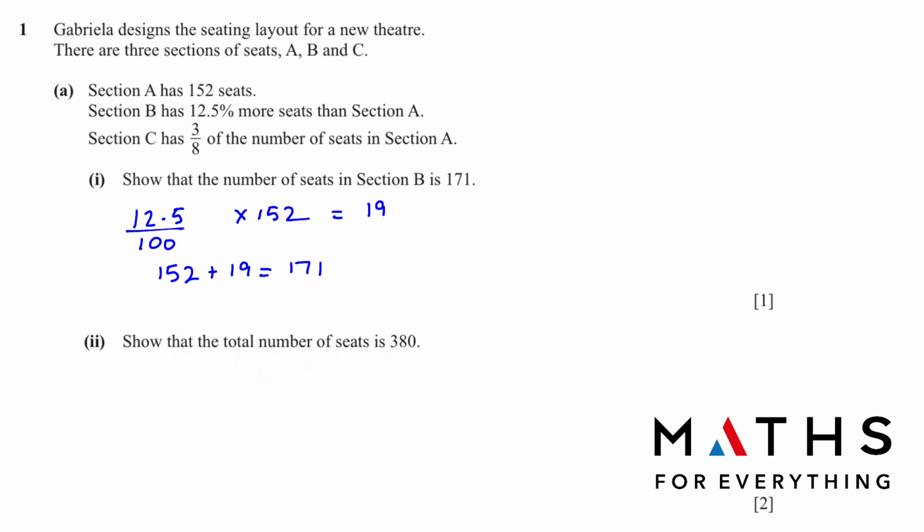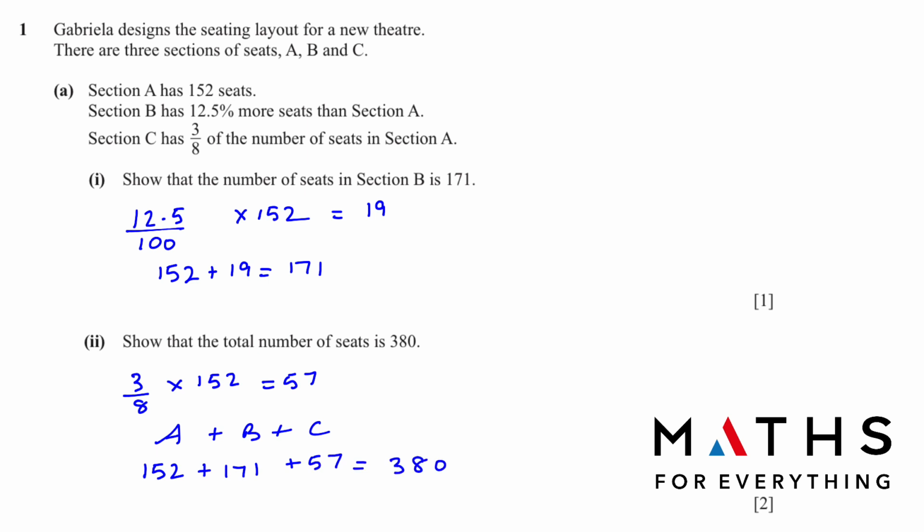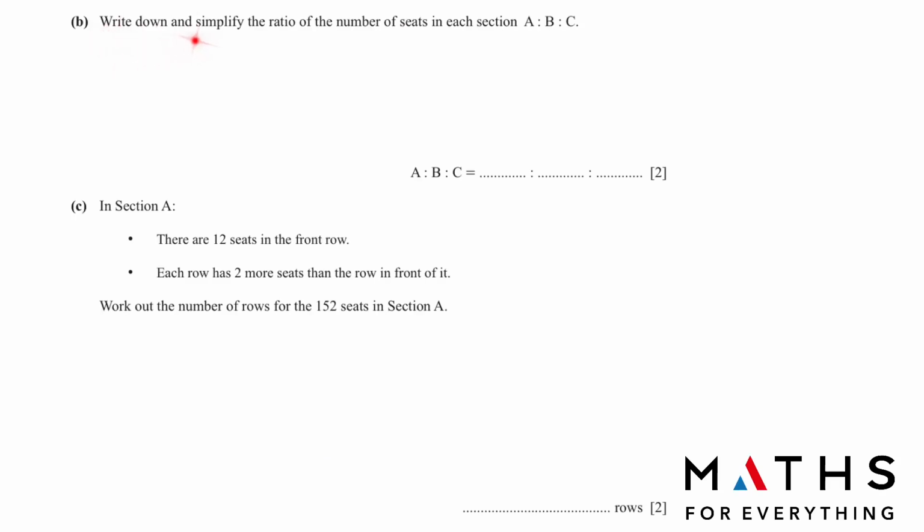We already have A and B. Now we want to find first C. C is 3/8 of the number of seats in section A. Of means multiply, 3/8 of 152. Let's see what we will get. 57. So A plus B plus C should equal 380. 152 plus 171 plus 57. And when you add it, you will get 380. So we showed that. Part B, write down and simplify the ratio of the number of seats in each section